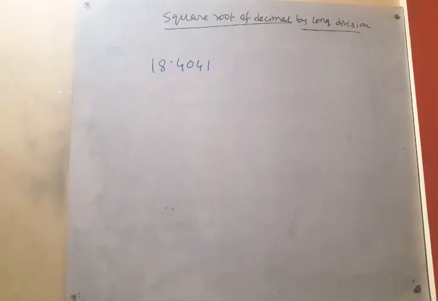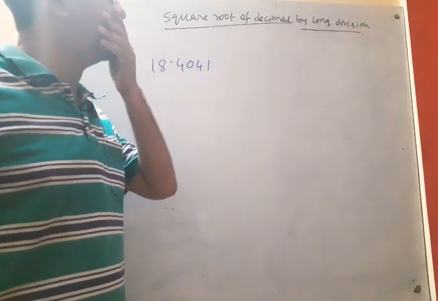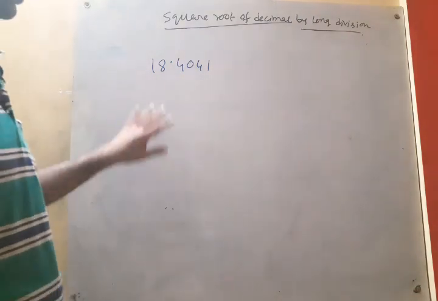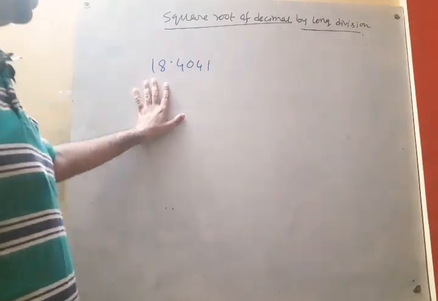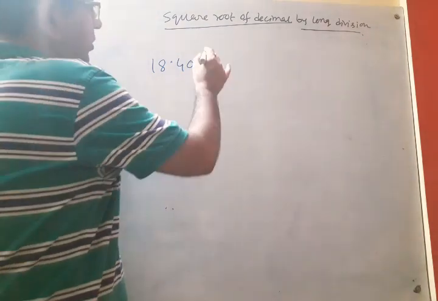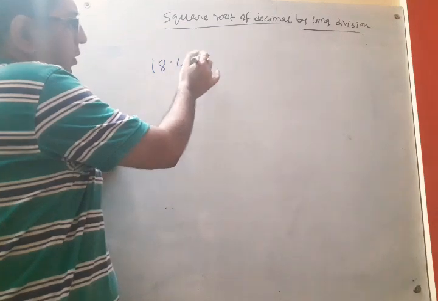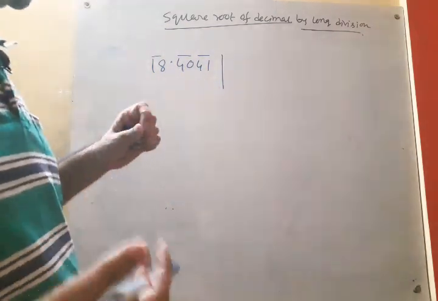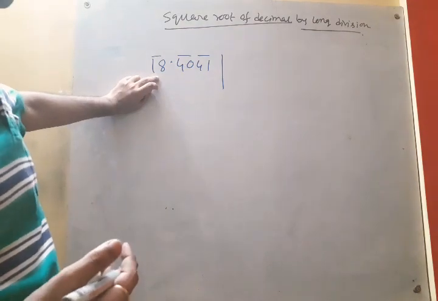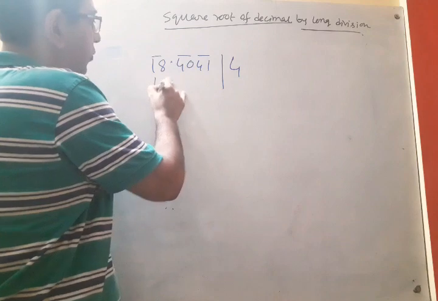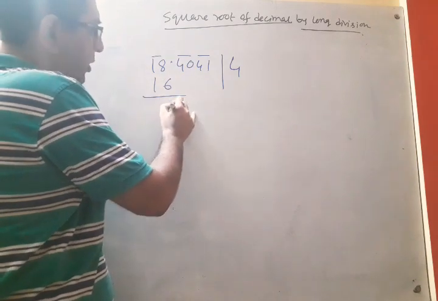Today I will teach you to find the square root of a decimal number by the long division method. So here we will find the square root of this number. Look, this is a 6-digit number, 2 to 18. What is the nearest square number to 18? 4 4 is 16. So we write here 4. 4 4 is 16. In hand 2.